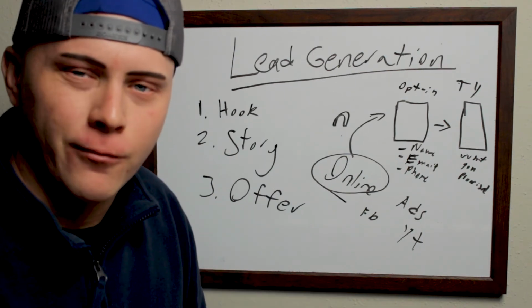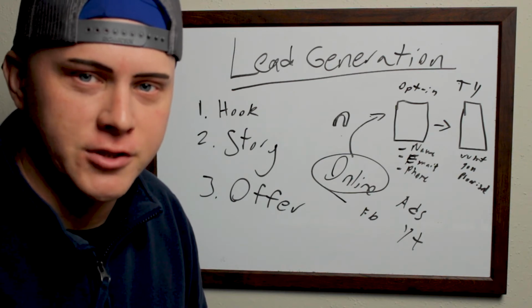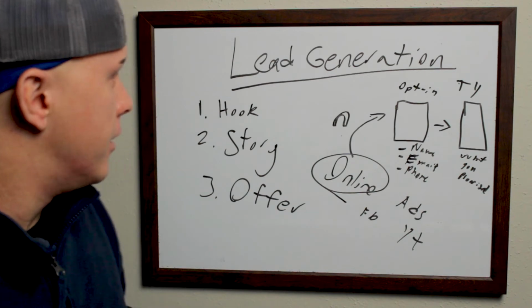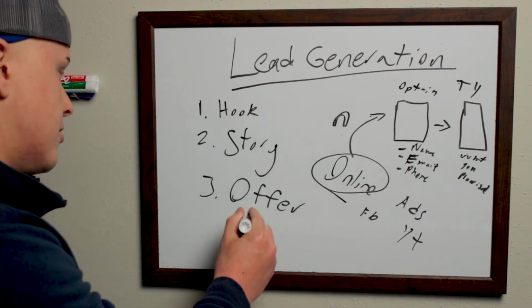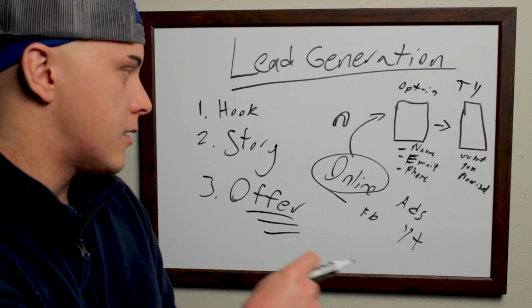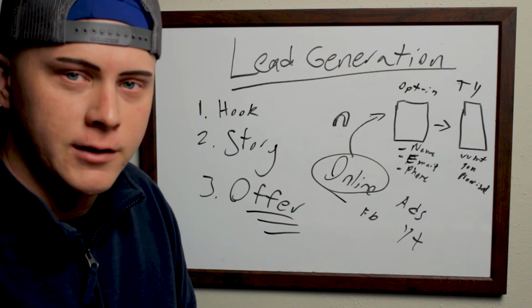And number 3, the offer. What is it that you're promising them here on the low end that will get them to know, like, and trust you, that they see as super valuable? Now, if you can come up with something here that is super valuable, you're going to end up being able to get quite a bit of leads if you execute on everything else properly.